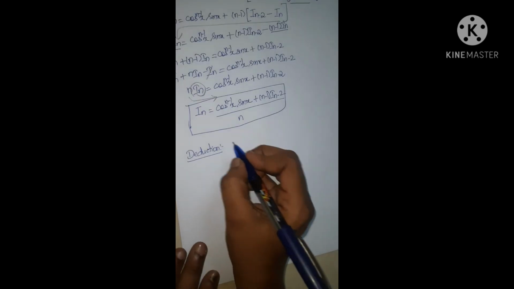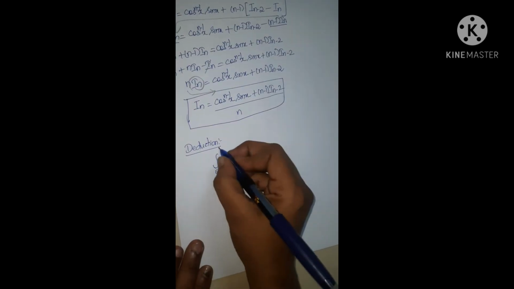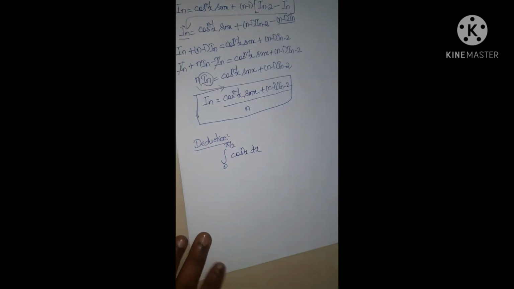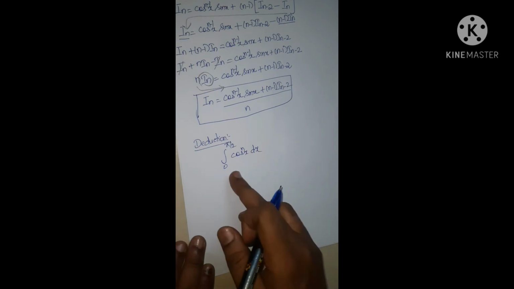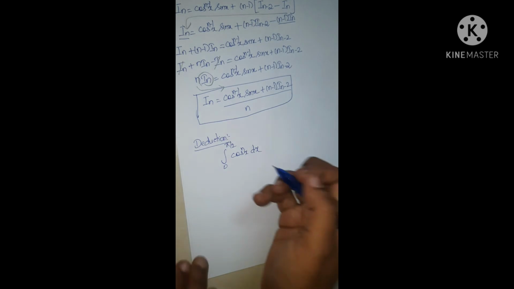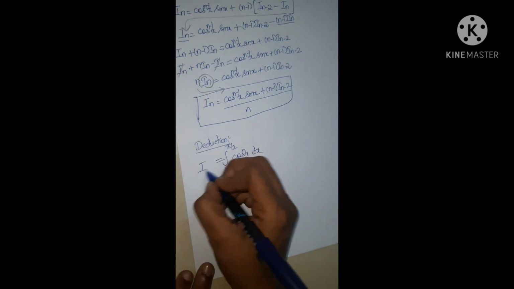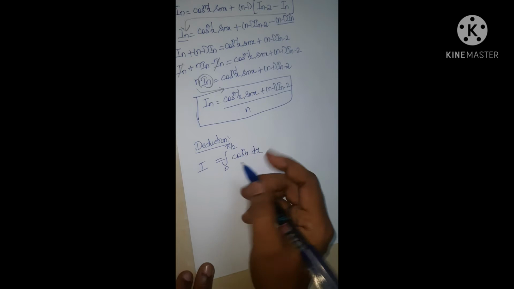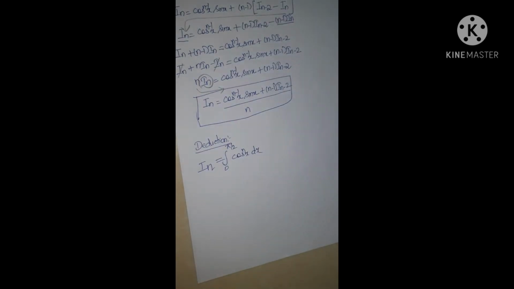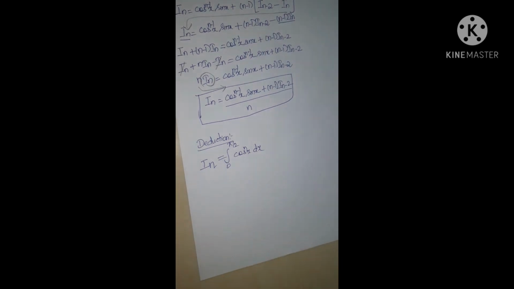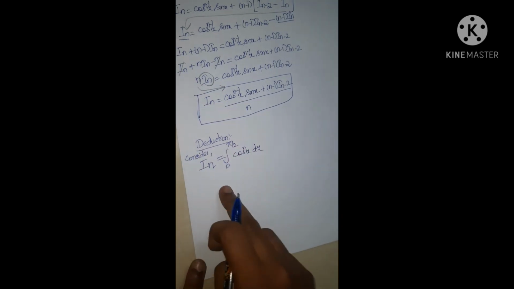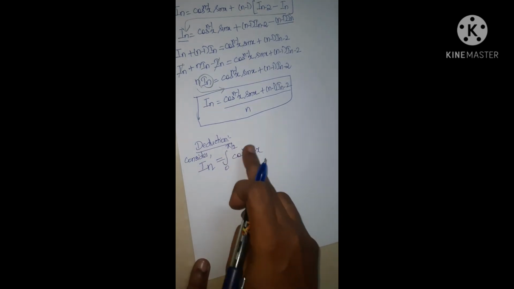So what do we have to deduce? We have to deduce for which function? The integral from 0 to pi by 2 of cos^n x dx. So obviously it is the main original function only. Whether it has a limit or not, it is all about one integral of the cos function. When we started the solution, we denoted the integral of the cos function by I, with respect to the index n, we denoted by In. So here too we can call it the same. Consider In is equal to the integral from 0 to pi by 2 of cos^n x dx.